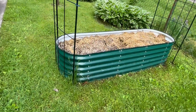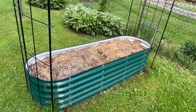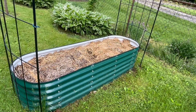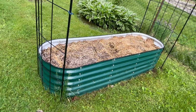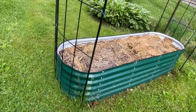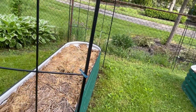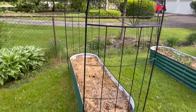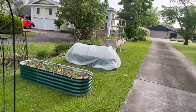And nothing in this bed because we got tomatoes going in this one. I have to put more soil in it. Well, we're getting closer to the road, so hopefully you don't hear too much of that, because I am wearing my mic. I also want to put cucumbers on the 2 trellises that are there. We're going to add more trellis to that